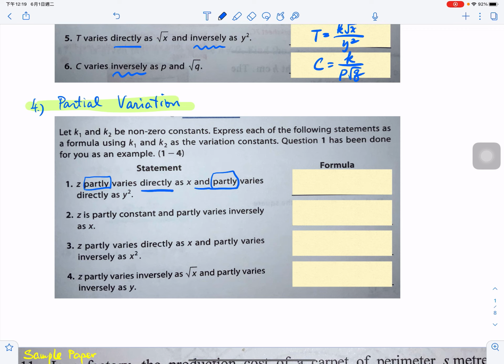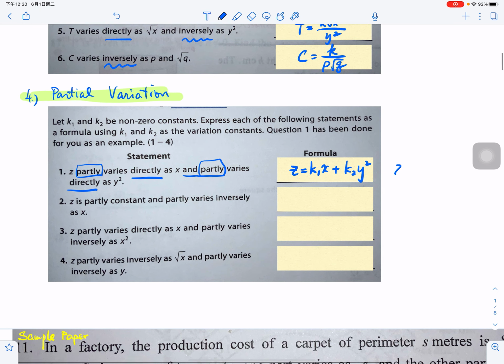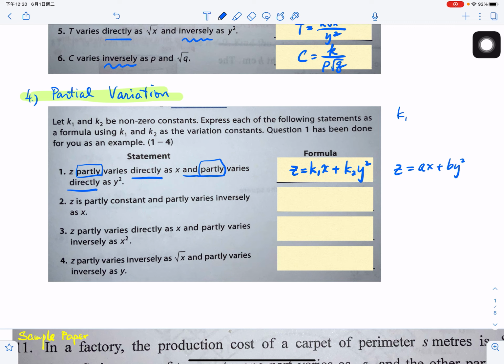OK, for example this one, partly varies directly as x and directly as y square. So z equals 好呢度 k 就記得兩個 variation constant 係唔一樣嘅，可以係唔同嘅常數。So k1 x plus k2 y square。咁有同學可能會中意寫咁樣嘅，即係等於 ax 加 by square 都得，但係請記得啦，無論係 k1、k2，又或者你寫做 a 或者 b，佢哋都係 non-zero constants 咁樣去諗嘅。OK，好，我哋繼續。